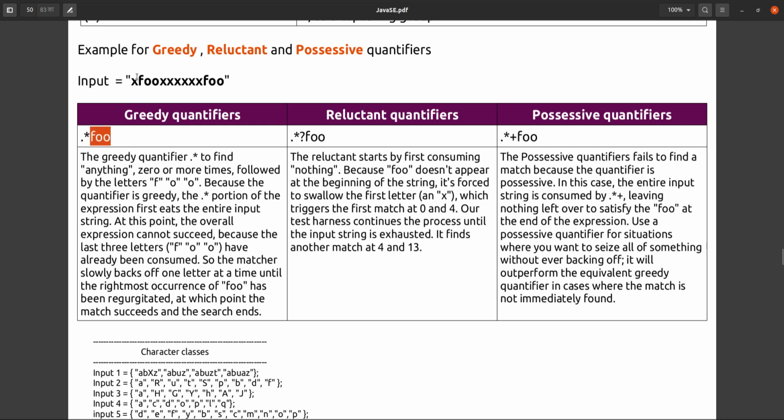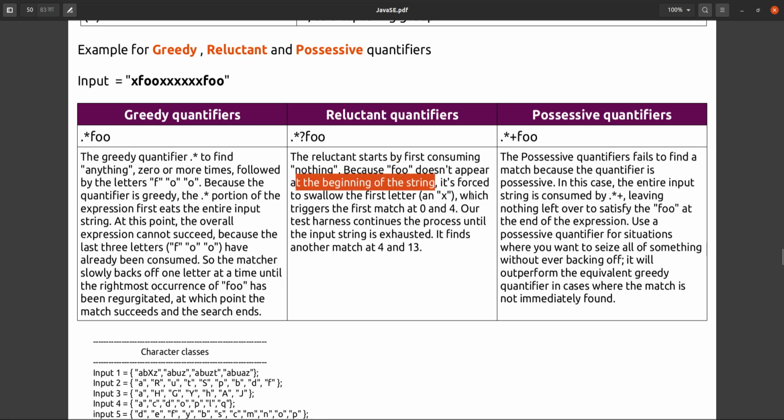So in this one it will pass, and in this one, if you see, the reluctant quantifier starts by first consuming nothing, because foo doesn't appear at the beginning of the string.